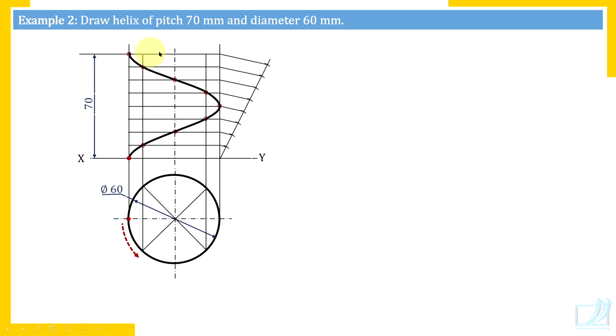Now if there is no cylinder, then why in the top view is this circle dark? Remember, this circle is not the top view of the cylinder, but it is the top view of the helix. So helix in front view and helix in top view, both these two diagrams suggest the helix. If you show only this front view diagram, the front view diagram is not the helix. It is a front view of the helix. Take care.